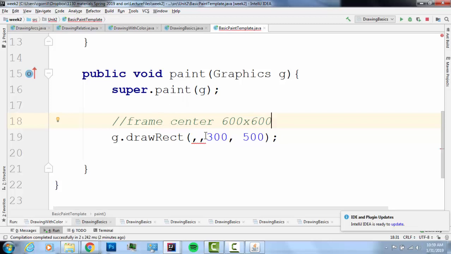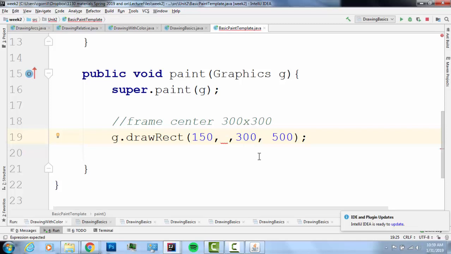Now with that in mind, it's 300 wide. The rectangle that I'm drawing is 300 wide. So if I wanted the rectangle to show up on center horizontally, I'd need to divide this 300 in half and subtract that from where I want it to show up. So, pardon me, the center is 300 and 300, not 600 and 600. If my center is 300 and 300, and I have to have an offset that's half the width, I would subtract 150 from that, and 150 is roughly the center